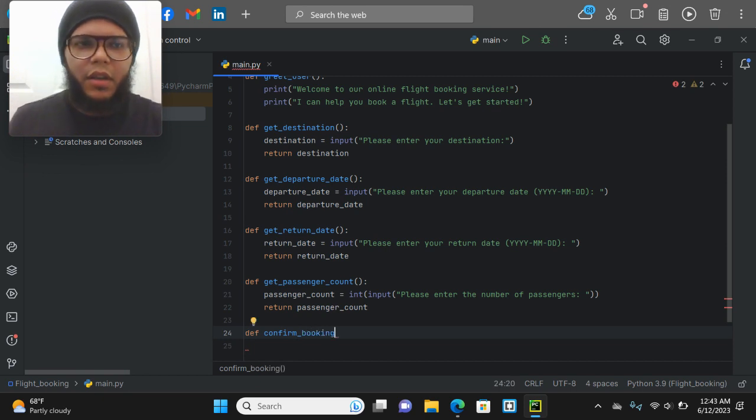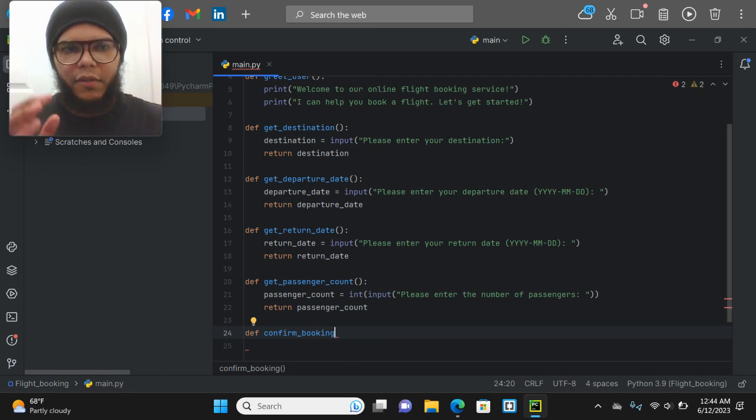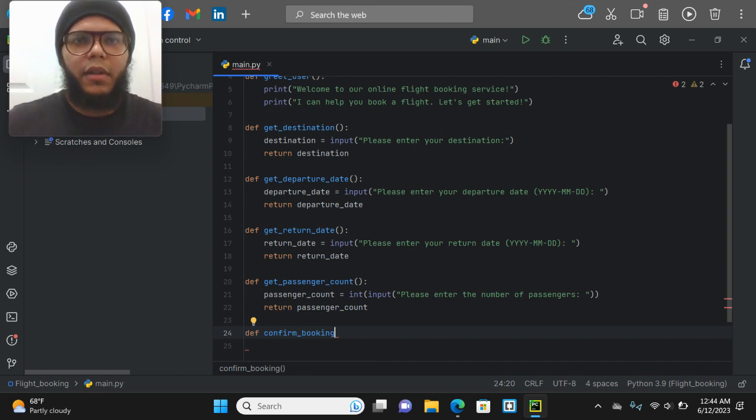Pretty much this is the end part, confirmation of their booking, giving them the departure date, pretty much the record of everything, the information they've given us and all the details of their flight. So define confirm_booking. It's going to have destination, departure_date,